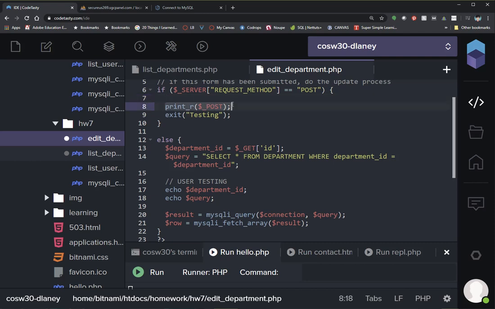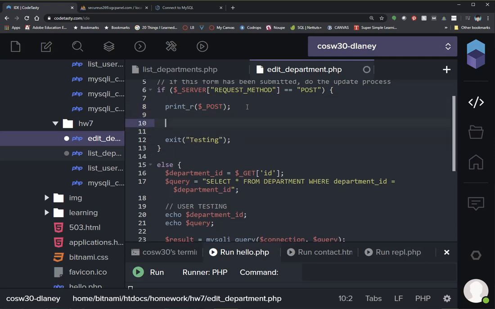Those are coming from my print R, which is a dump of the entire post array and all of the variables that are included in it. So from here, I want to go ahead and start building my update query. One of the easiest ways to do this is to store all of these variables. So this is going to be very similar to when you add a record to the database, but in this case we're going to be updating everything. So I've got my department name. I'm just going to go ahead and